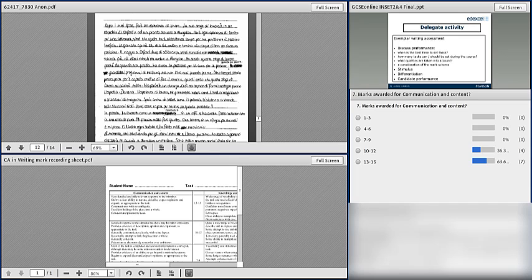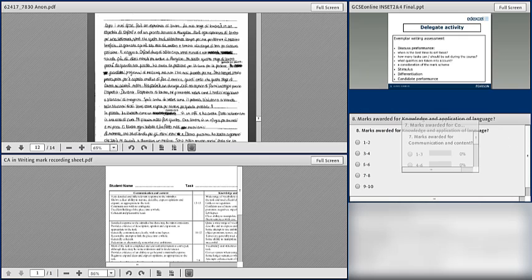It's sometimes possibly over-ambitious as well in parts. Although overall you get the impression that the candidate is able to express what they want to say, and it's quite articulate. Now if we bring on the next poll, please Andy, can we have the one for knowledge and application of language?